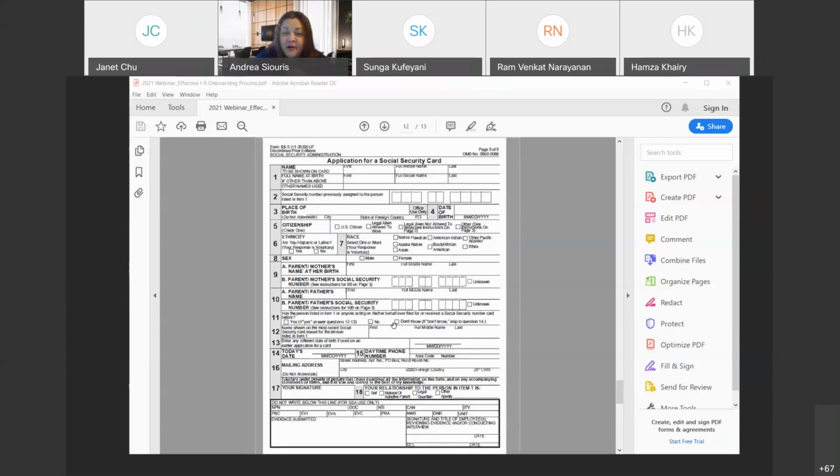You can ignore number 11, number 12, number 13. Basically, you can leave those blank. Today's date, the date you fill out the form, your phone number. Your mailing address, again, very, very, very important on this, because the Social Security office, when you go to apply